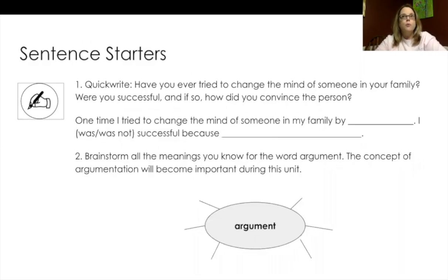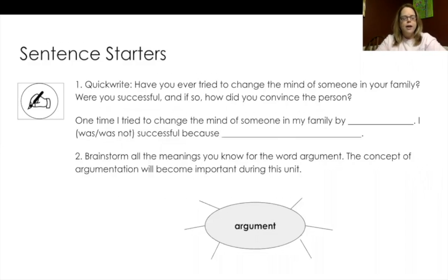So I can think of one person in my family who loves to try to change my mind. My niece likes to go with me. Sometimes I drive her to school, and sometimes she tries to convince me why I need to stop to get her a strawberry banana smoothie. And the way she does it is she always has a 3-point